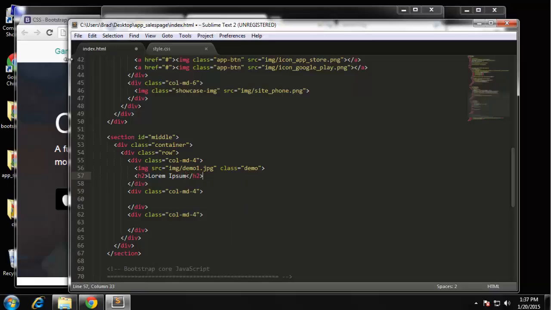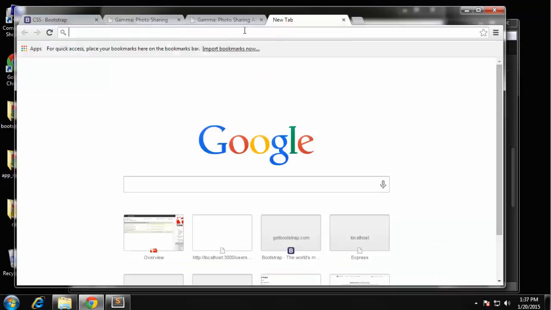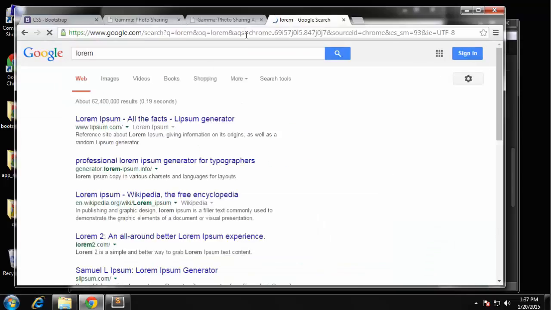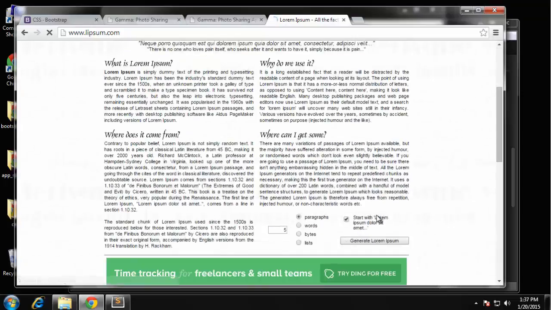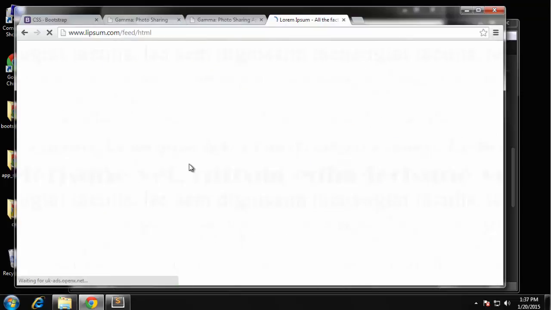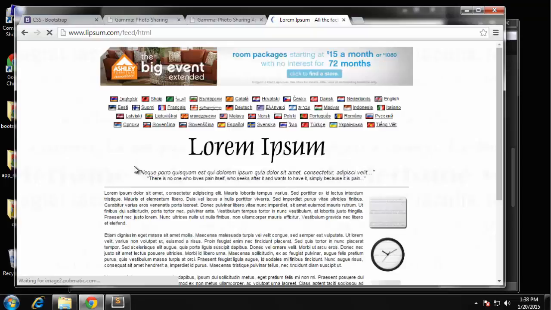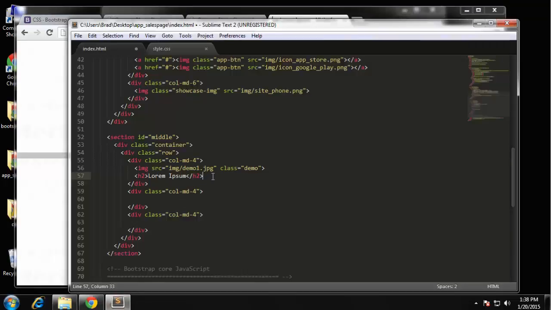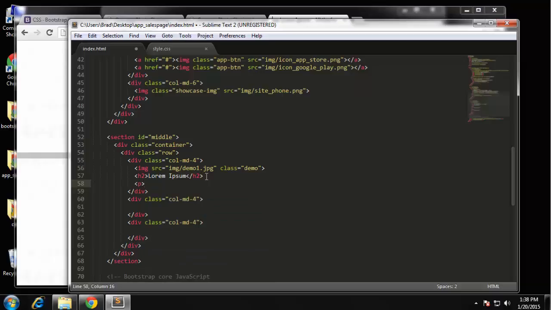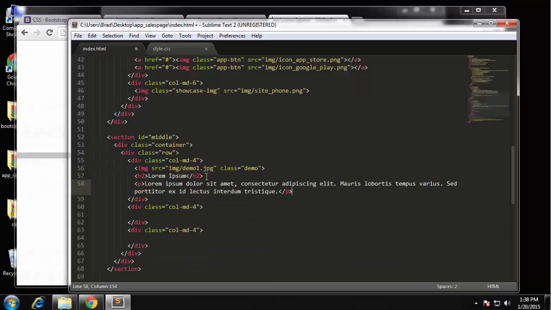And I'm actually going to, just to get some sample content, go to the Lipsum website. Okay, and just generate a few paragraphs. And I just want to copy maybe a sentence or 2. We'll just go to here. And I'm going to put that inside of a paragraph tag. And then under the paragraph we need a button